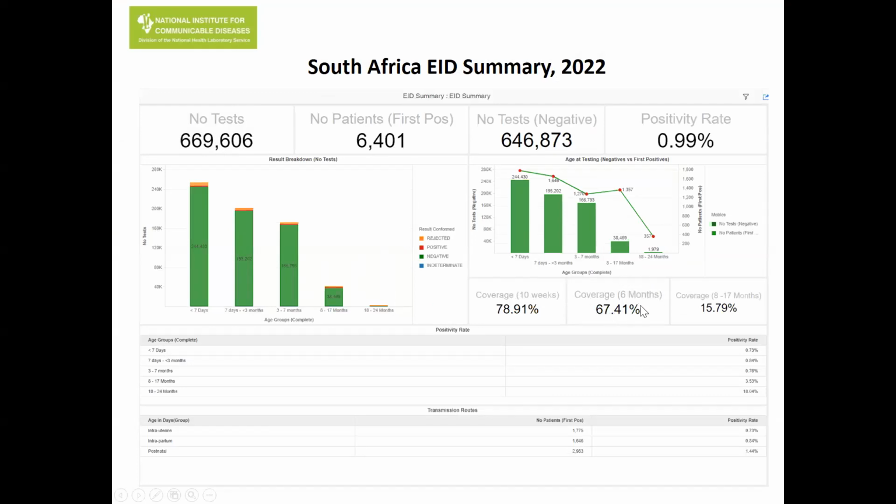It's nice to see that the 6 month testing coverage has actually been improving quite a lot, because it was only introduced in 2019 or the end of 2019, and despite the pandemic, it has been improving. But we do need to improve the coverage of testing at 10 weeks and 6 months. And then in terms of where the positives are happening, you can see that at birth, actually the highest number per age category are being diagnosed at birth, which is really important to highlight,